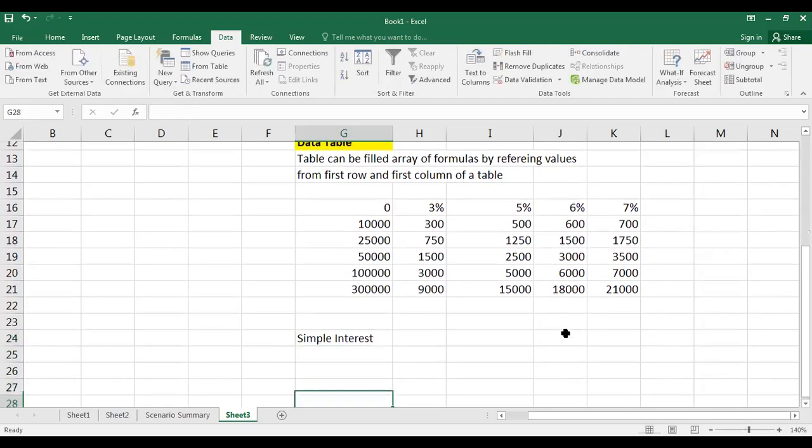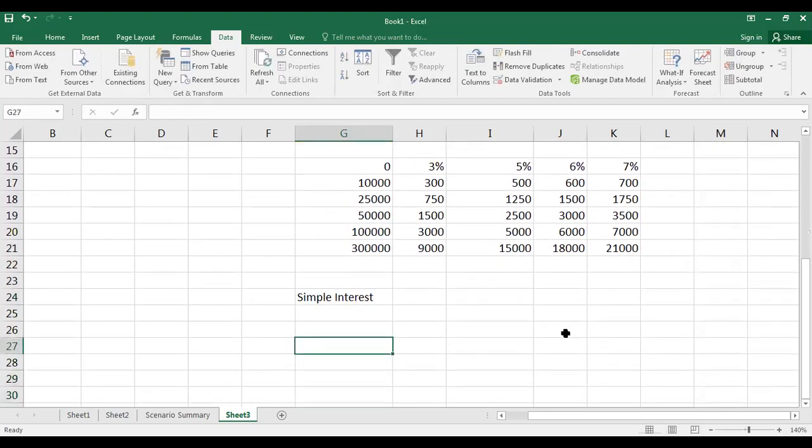Suppose the investors or account holders start from a minimum of 5,000 rupees, 10,000, 15,000, or any sequence, up to 50,000, up to 1 lakh, then 5 lakhs.